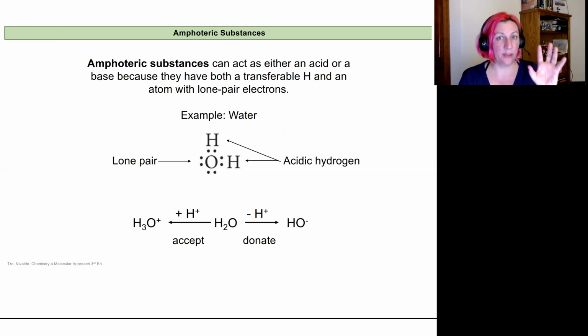We've just talked about what an acid is and what a base is. So what if something is both? Then we call it an amphoteric substance. Amphoteric. Kind of a fun word. So an amphoteric substance is anything that'll be able to act as either an acid or a base because